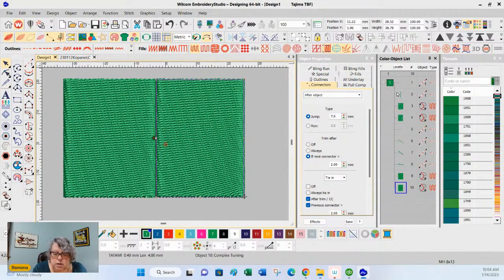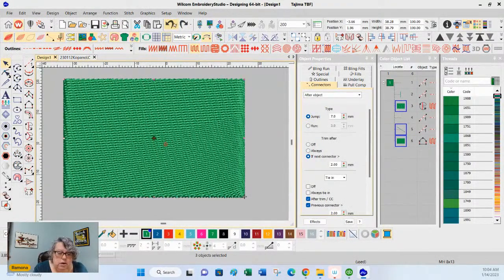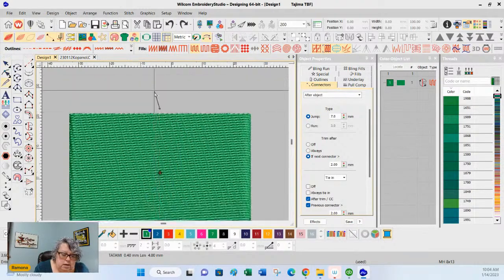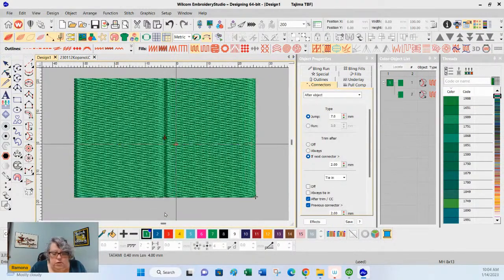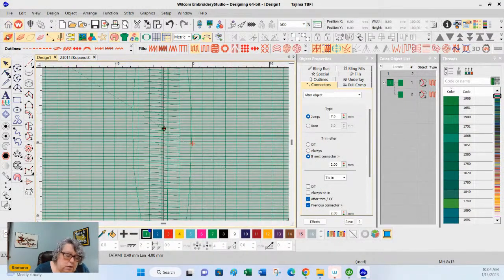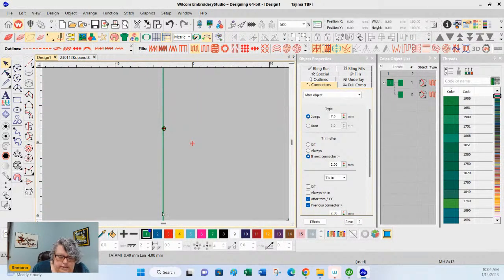Why did that happen? Looks like I broke it apart. Okay, so let's try this again. If you have two pieces laying next to each other, what's going to happen when you stitch that out? We're going to go a little bit larger. You see our lines here.